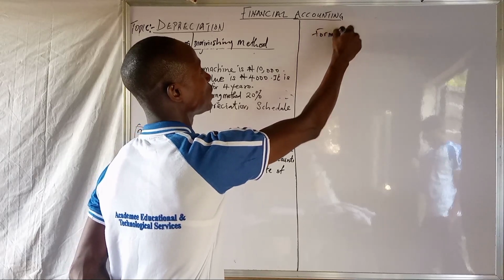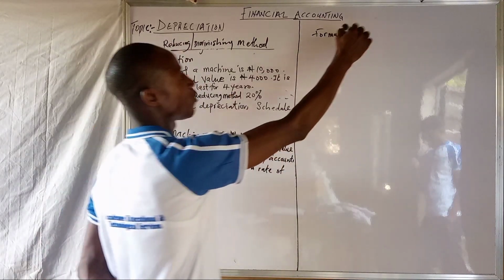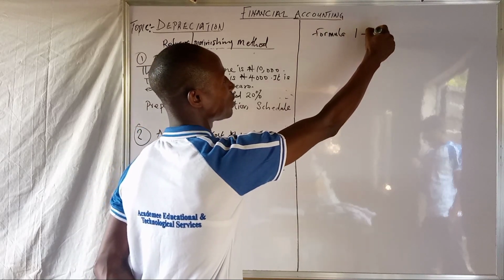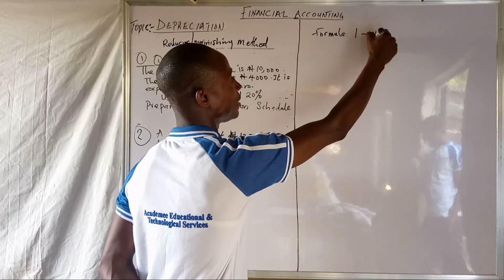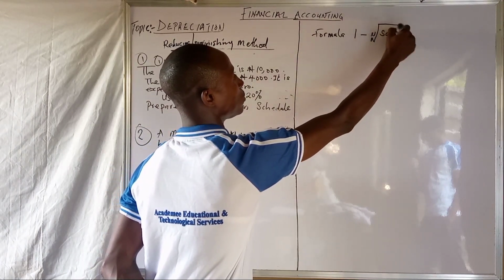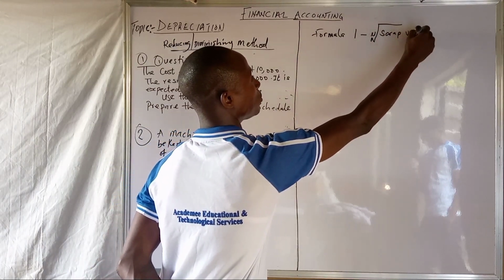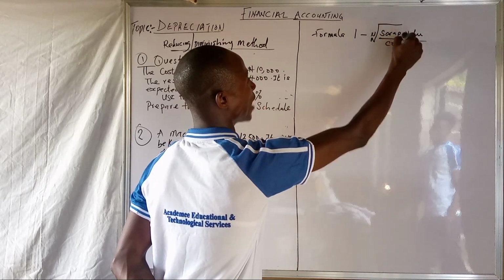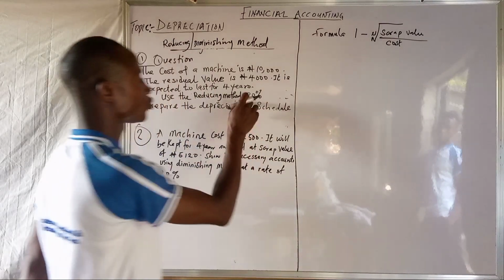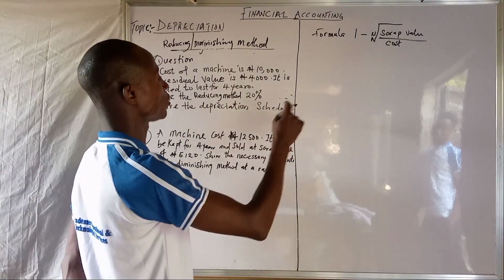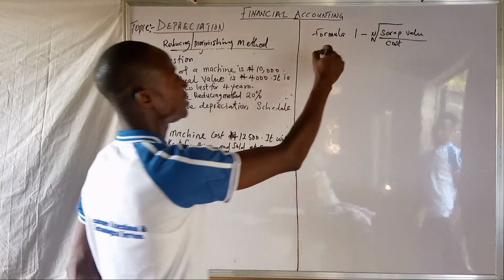So in computing this method, we are going to just use the formula in case you are not given the percentage, and that formula is 1, that means 100%, minus the nth root of the scrap value all over the cost of asset. But as this one we have already been given, we want to compute the depreciation, whereby our cost here,